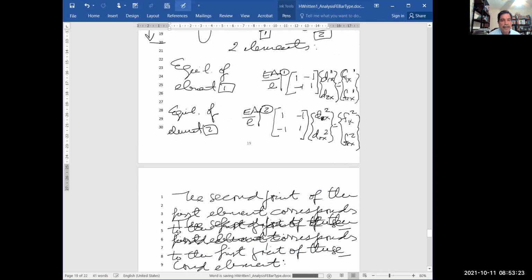So in order to ensure continuity, what we have to do is set that the displacement of that joint,